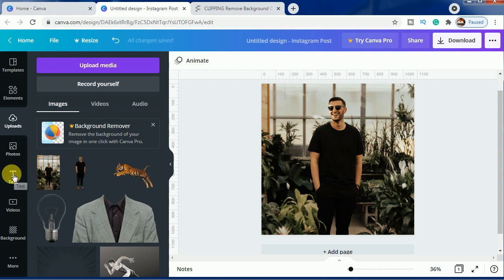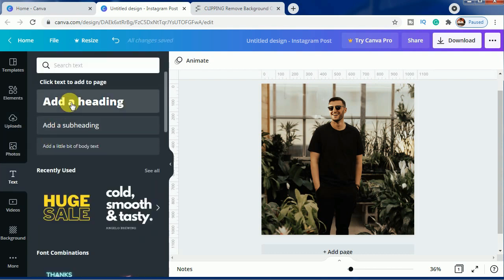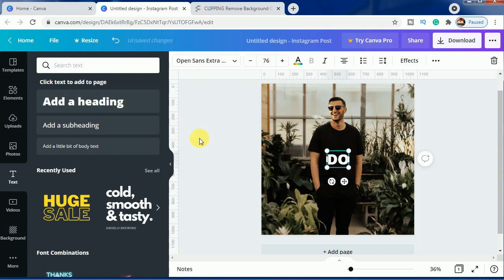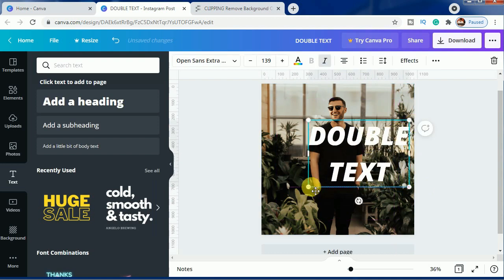Now we'll do the double text effect. So we'll go to text, use add a heading, and we will write here double text, and we will do it in italics. So we have done it. So to select all the text, you have to do Ctrl A, and then you can change it to italics as you want. So if you are selecting by default add a heading, it is by default in bold, so you can change it to bold. As you can see, it is disabled. So let's make it bigger in size so that it becomes visible, the effect.